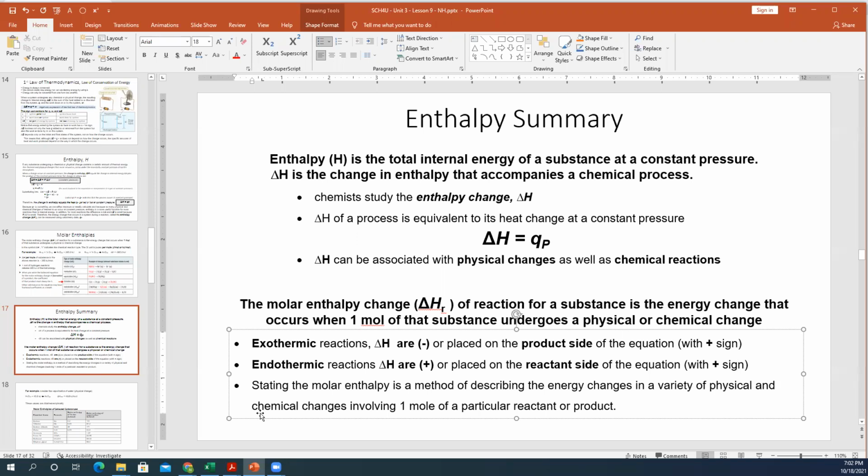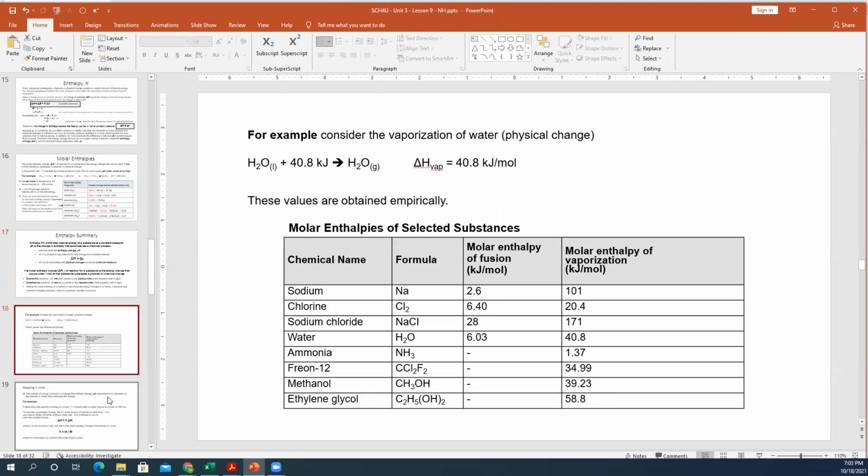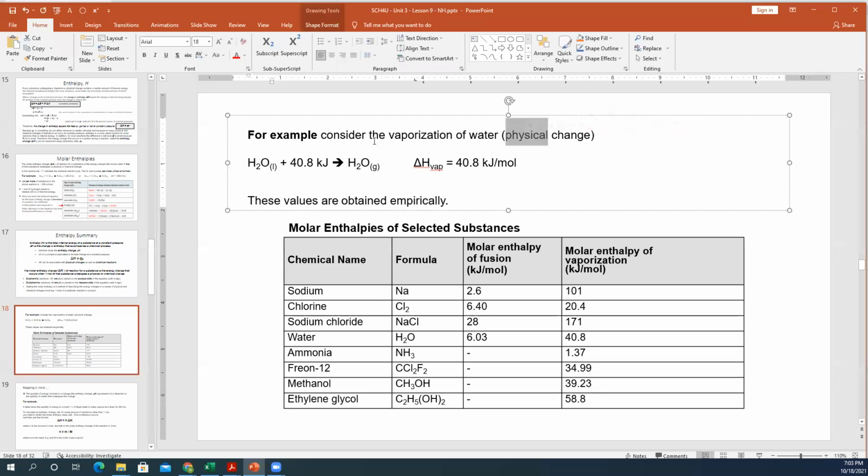Stating that the molar enthalpy is a method of describing the energy changes in a variety of physical and chemical changes involving 1 mole of a particular reactant or a product, just like we said before. For example, let's look at a vaporization reaction, which is actually a physical change, because water is going from liquid state to vapor state. And this is an endothermic reaction that requires input of